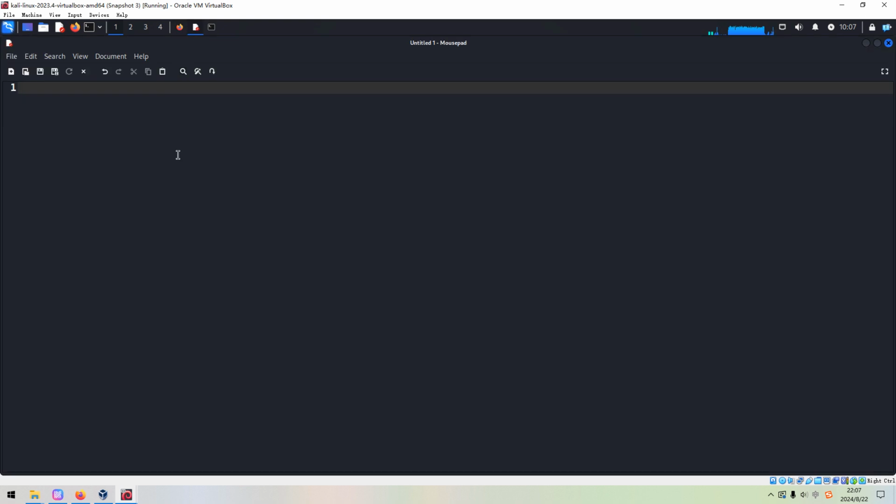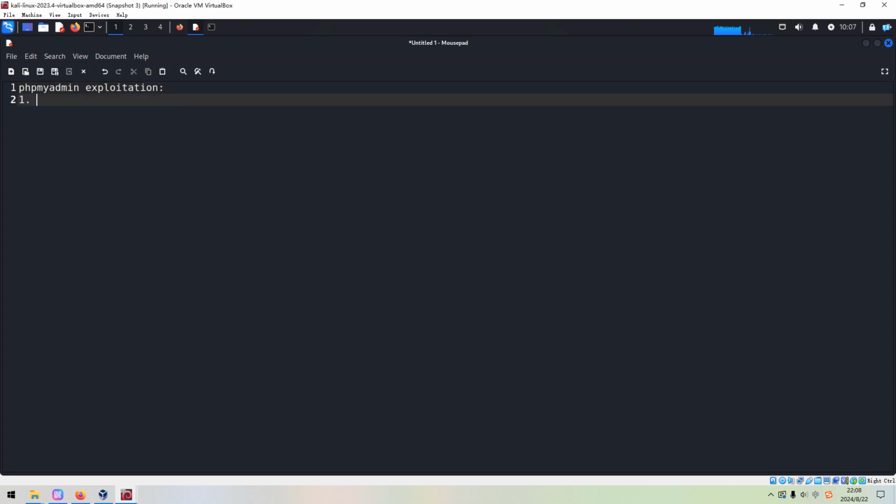If we can get access to the phpMyAdmin application, how do we make exploitation? From my point of view, there will be different ways. The first one, we need to check whether the password is crackable or not.